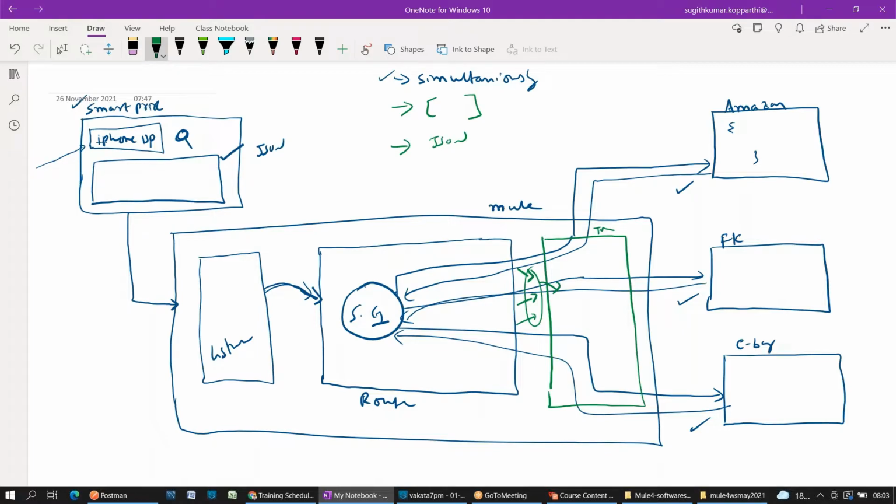By using DataWeave language in Mule, we can achieve that. There is a function called flatten, which will take these three outputs in different formats as an input and convert them into a single array. That array can be converted into JSON. Finally, by writing a DataWeave expression, we can achieve that.